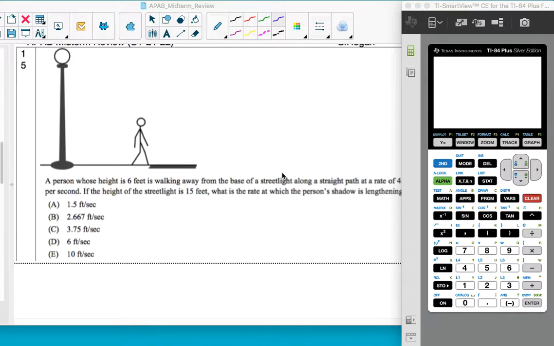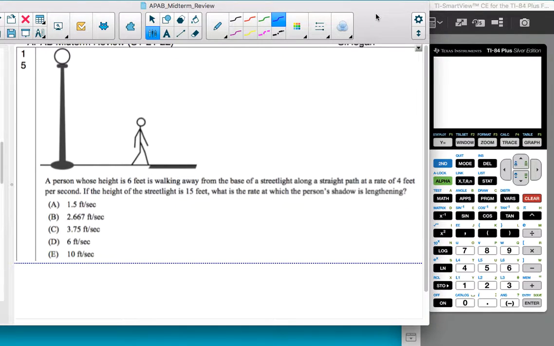All right, this is AP AB Calculus, and we're doing the midterm review. This is number 15 on the multiple choice, which is a calculator problem, as somewhat evident by the decimal answers, although those aren't horrible decimals, but still. Okay, so a person whose height is 6 feet, so the person is not changing height